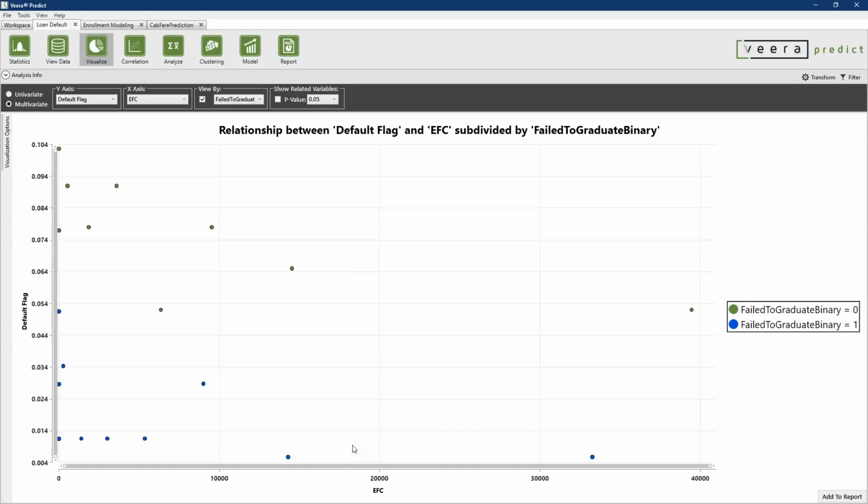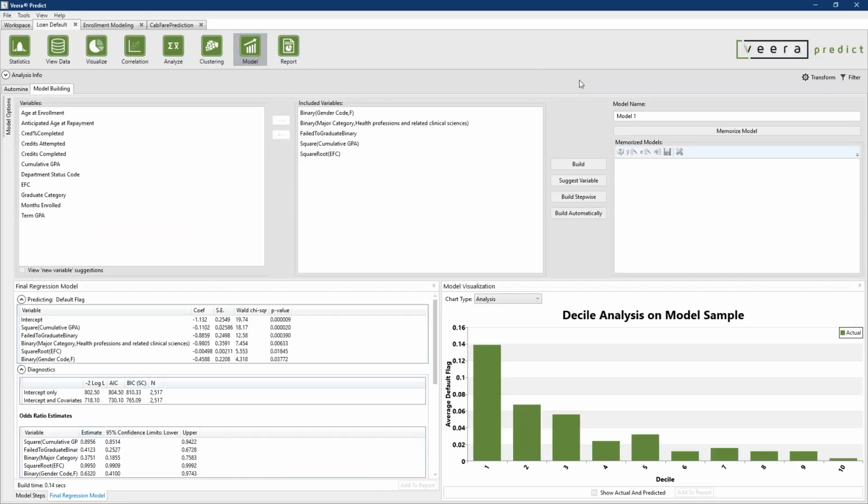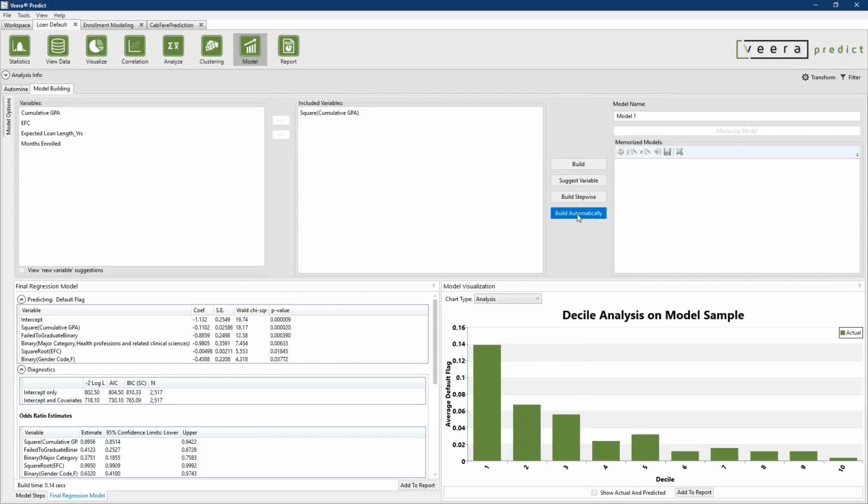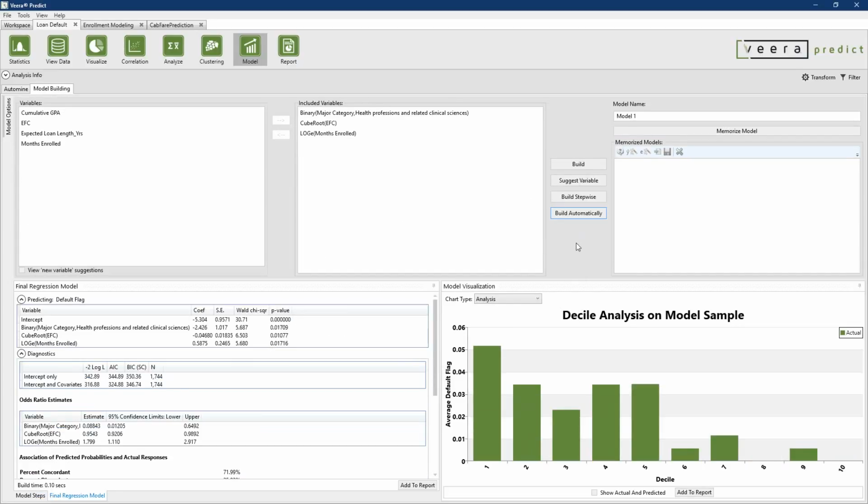And at that point, it makes you wonder if EFC even really does impact the people that failed to complete their degree. And this can happen quite frequently. So the way that you might respond to that is, as I had mentioned, go in and set a filter. And then I know that it's ones and zeros here, so I'll set a filter for people that did not complete their degree. And if I save this and I build automatically, then I'll see a very different looking decile